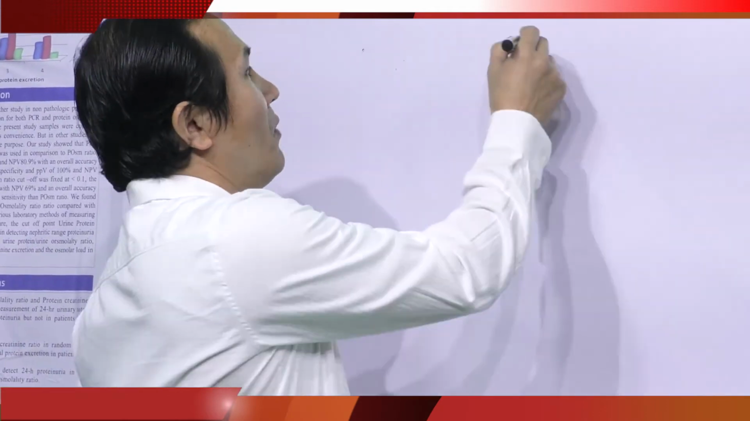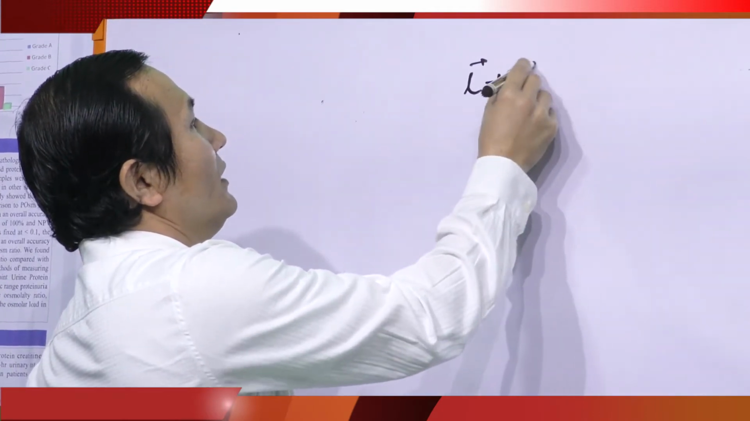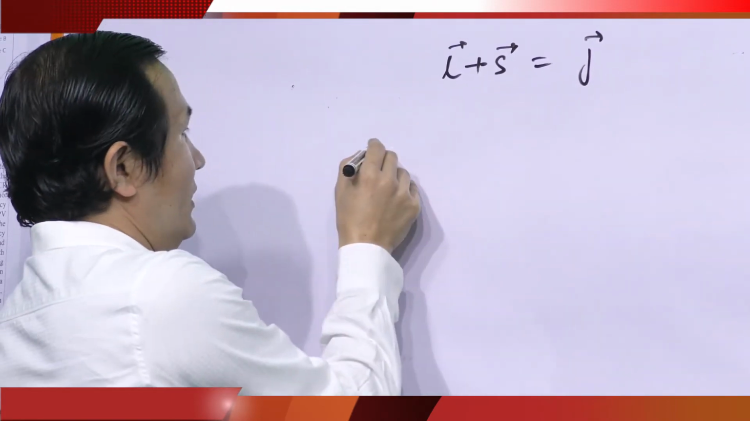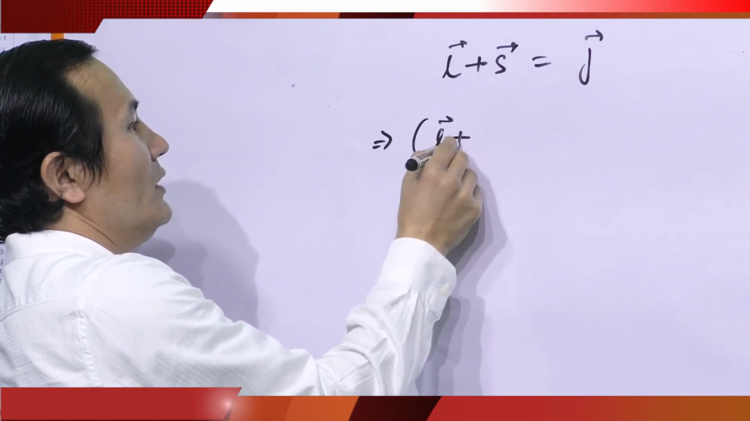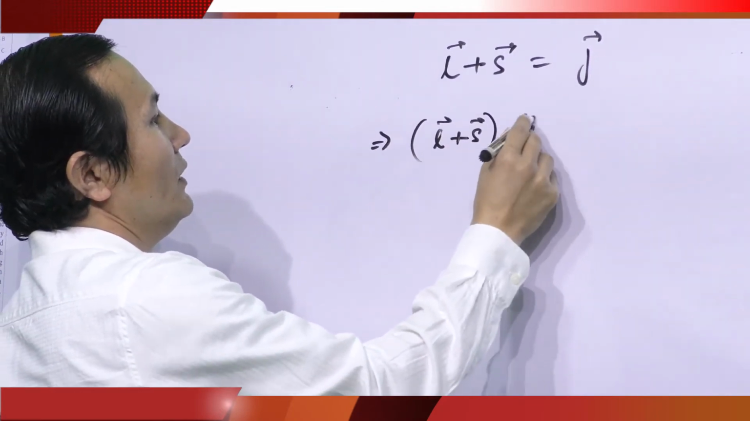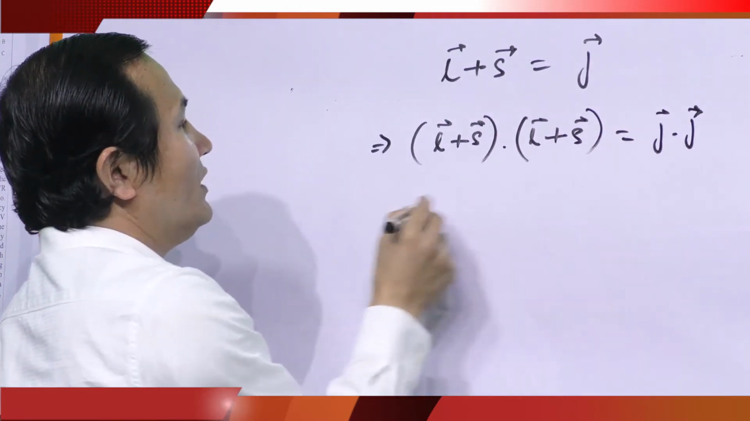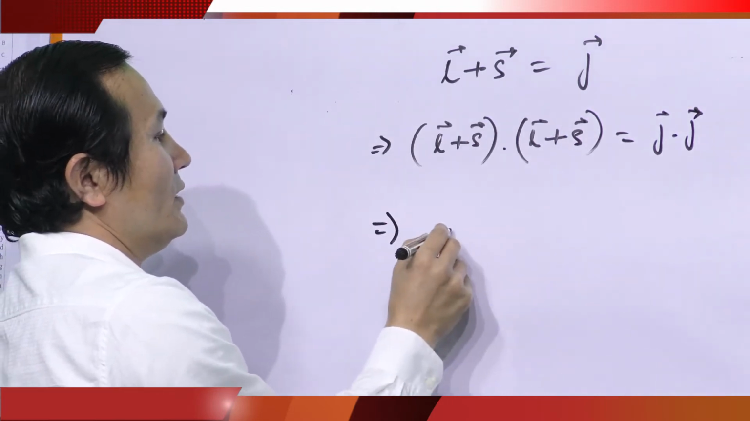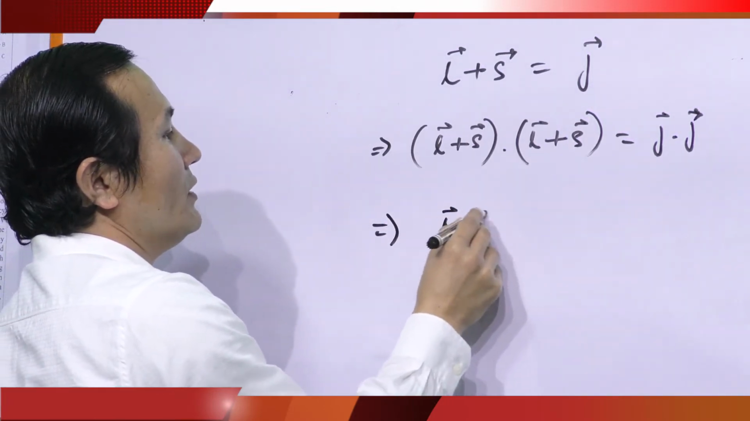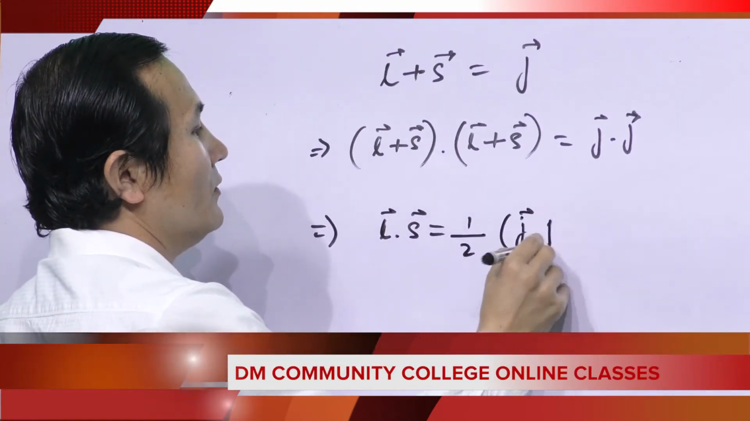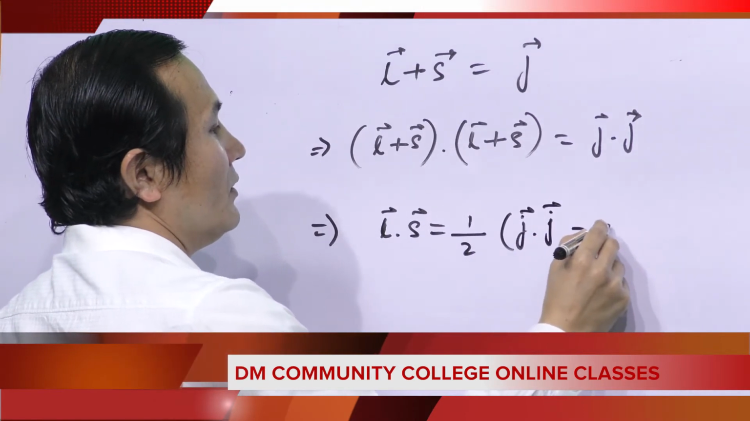For spin orbit interaction, the angular momentum L vector and the spin angular momentum S vector are combined by this: L vector plus S vector is equal to J vector. So when you square it, it is like this: L vector plus S vector dot L vector plus S vector. So on simplification, you will get an expression like this: L vector dot S vector is equal to half times J vector dot J vector minus